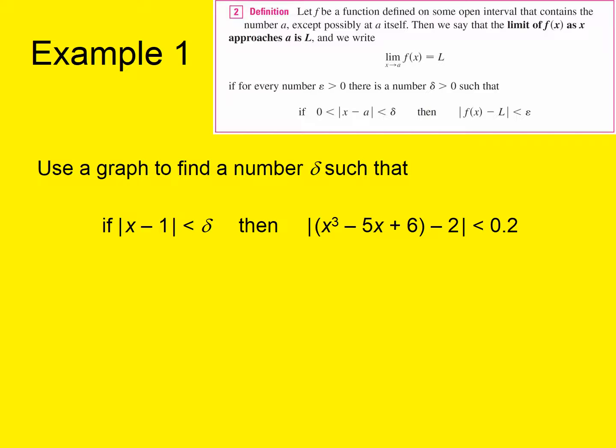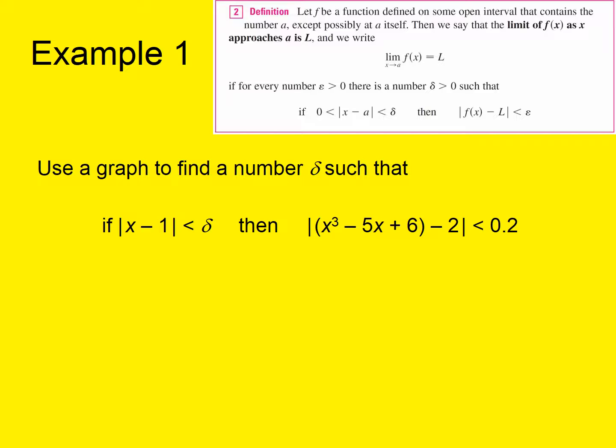Okay, so here we are in 1.7, and in the last video we learned about the precise definition of a limit. So here's the precise definition, what's sometimes called the epsilon delta definition. Let f be a function defined on some open interval that contains the number a, except possibly at a itself. So we're seeing this graph on the x-axis